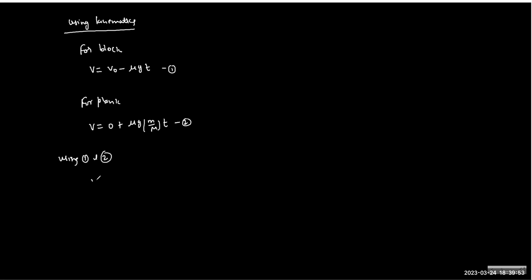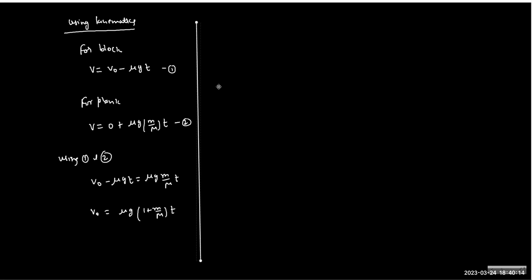Using 1 and 2, we can say V naught minus mu g t is the same as mu g small m by capital M into T. In fact, this will give you the time after which this event will happen, after what time they are going to have the same velocity. So in a different chapter, the same question can be solved in a different manner, but this is the first way that one should know. So the time after which this will happen is